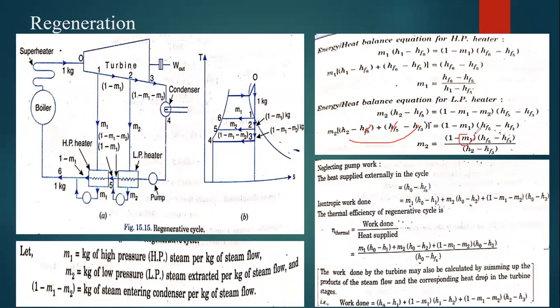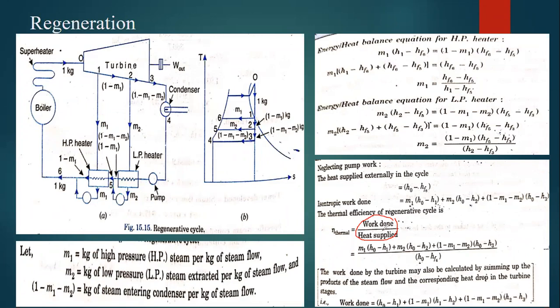So we already know the M1 value. We have already found out how much amount of steam has been extracted from here. So by simply substituting M1 kg of steam here, we can directly know the M2 value. So the amount of steam which we have extracted from the turbine after expansion has been known. Now, if we know how much amount of steam has been extracted, we directly go for efficiency.